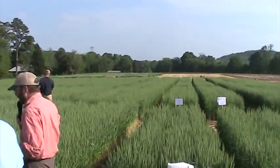Let's go down here to the next few plots. These are various types